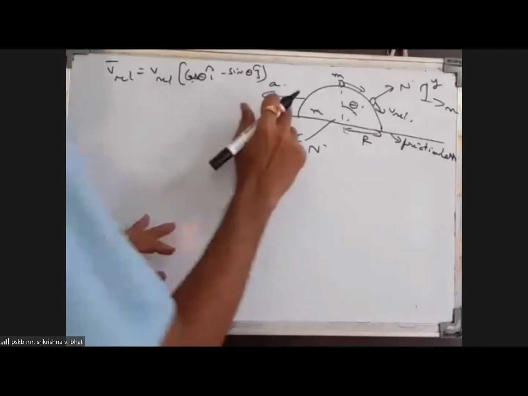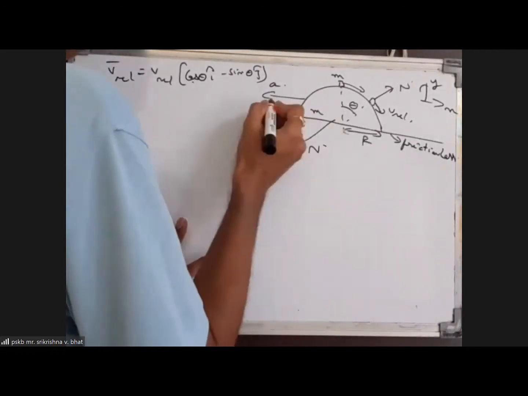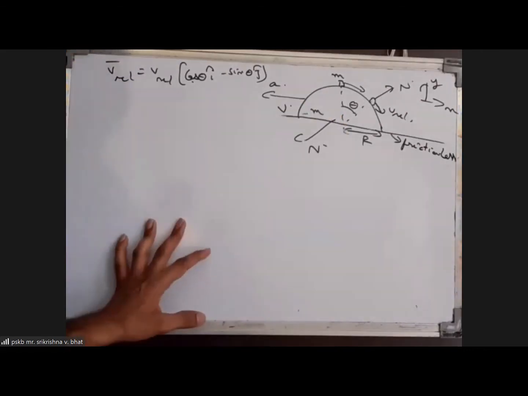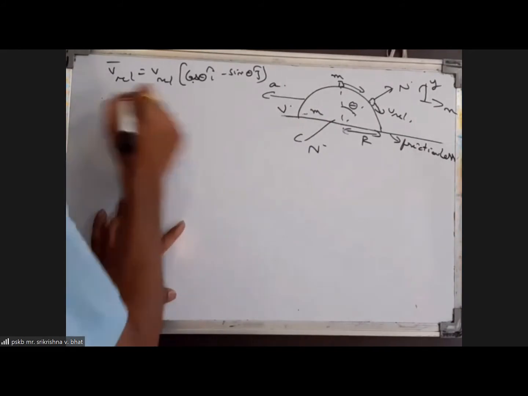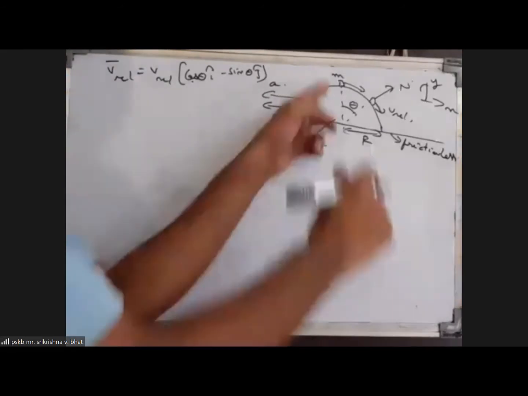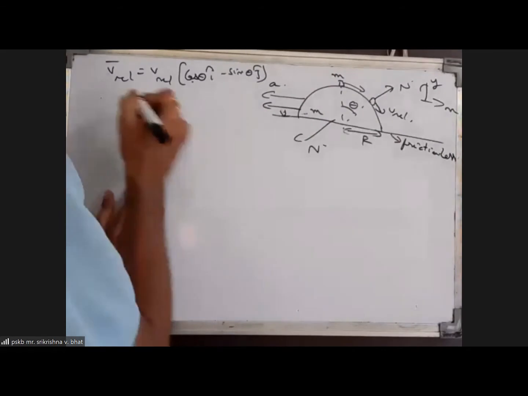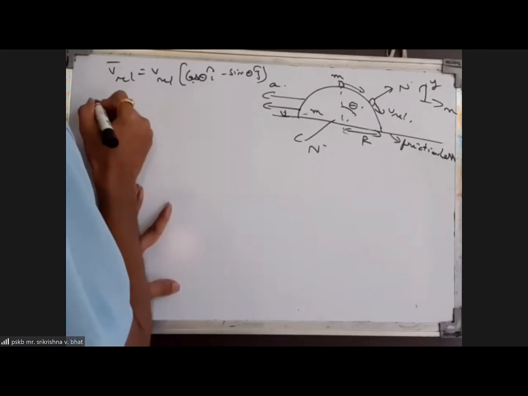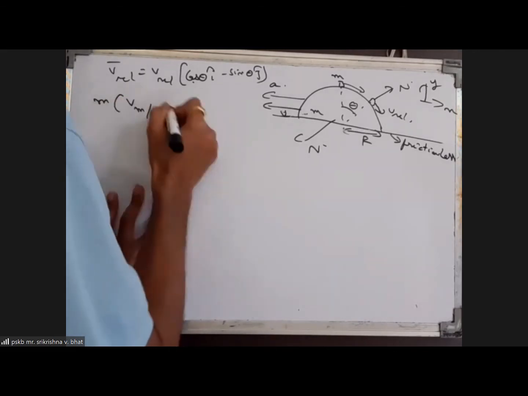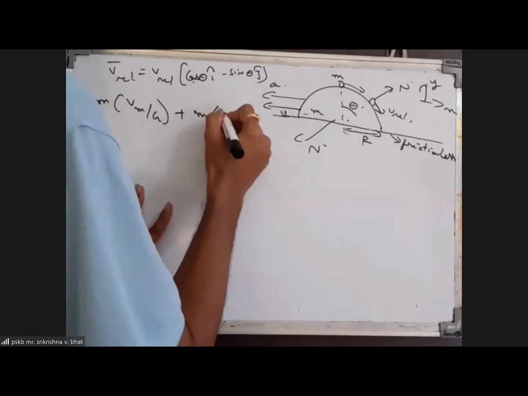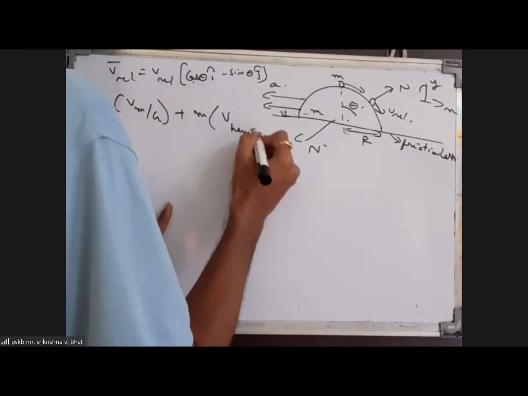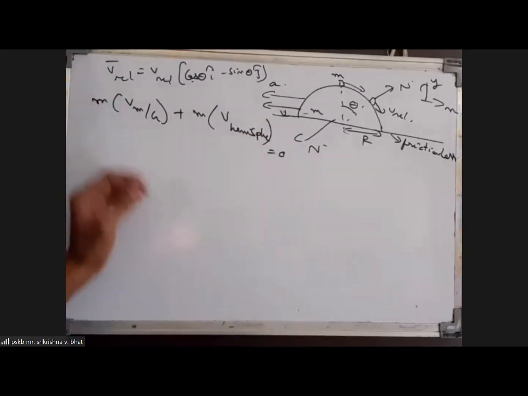And suppose the velocity of the hemisphere is v. Then we can say that v would be directed this way, because as the mass moves down, the hemisphere is going to move towards the other side. So one can say that m into the velocity of the small mass with respect to ground plus M into the velocity of this hemisphere should be equal to 0 in the horizontal direction, that is, in the x direction.